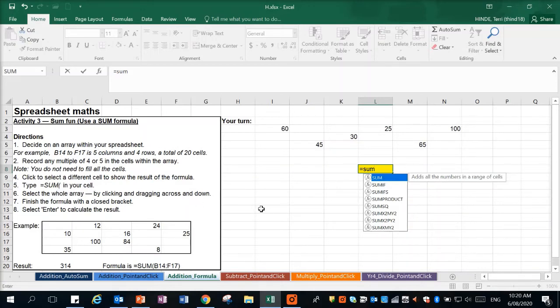Then I'm going to put in a bracket. Now, the first bracket you need to use is above the number 9 on your keyboard. So I'm going to hold my shift key down and I'm going to make sure that I have my first bracket there. Now it's ready. What you're telling Excel now is I want you to add up the sum of any of the numbers that